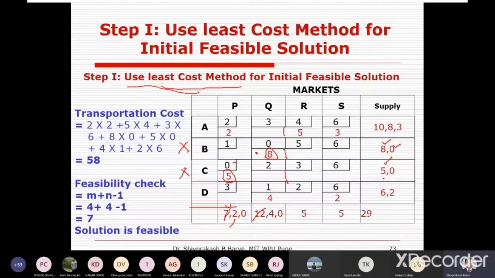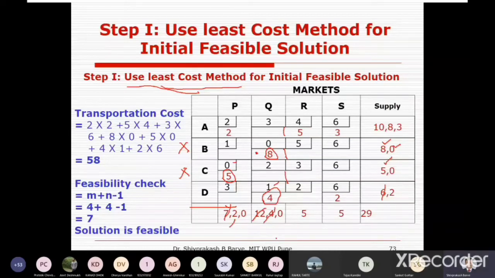Now you have only row A with all 4 cells, and row D, or plant D, with all 4 cells. Now check in these 8 cells which is the minimum value. I got 1 as the minimum value. So for 1, check the supply and demand. Here supply is 6 and revised demand is 4. So allocate 4 because this is the minimum value, and here it becomes 0. So allocate 4 here, and instead of 6 for the next iteration, you have 2 units balance.